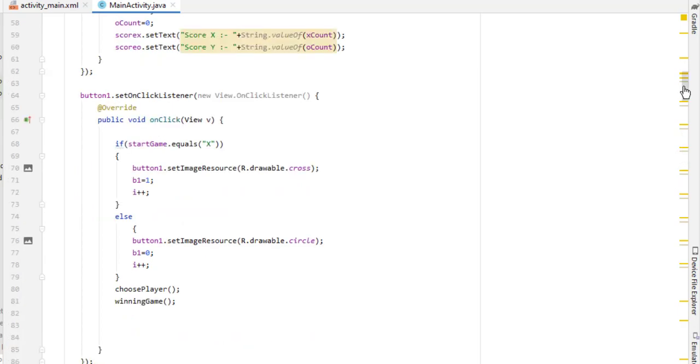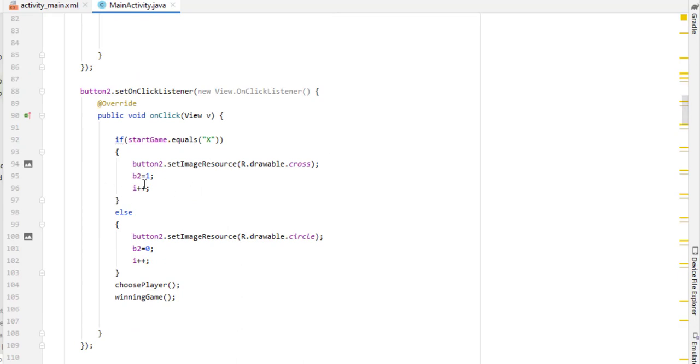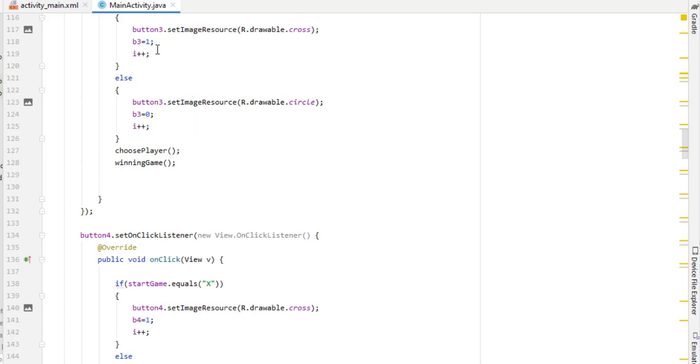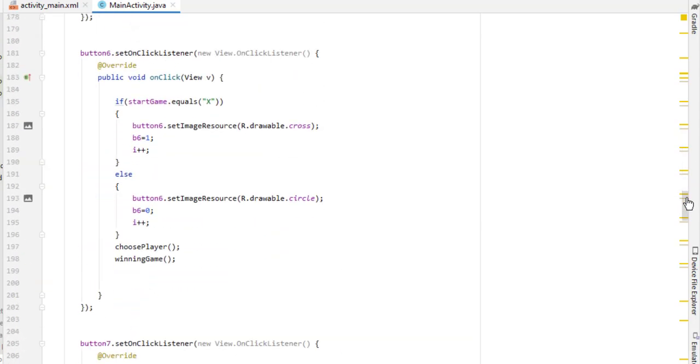Now the third time, the first user clicks on button 2, let us suppose. So the b2 variable again contains 1. The fifth time, if the user clicks on button 3, this time b3 contains 1. So it means now 3 variables contain the same value, and 1 means it contains X, and 0 means it contains O. So what does it mean? It means b1, b2 and b3 are equal, then it means player 1 wins successfully. So hope you understand how this is going to work.